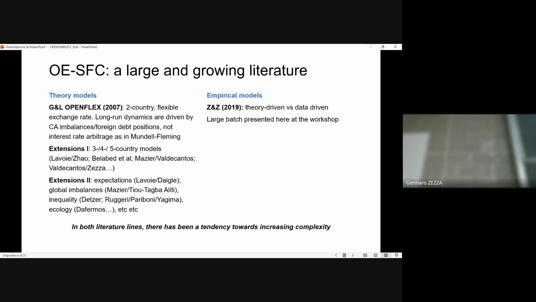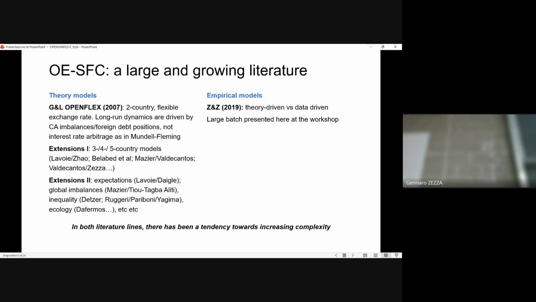Because we have seen that there is a very large increase in complexity in the stock-flow literature, we have just seen George Adam's model, it's becoming very, very complex. Of course, we can answer a lot of questions, but again, it becomes difficult to make it palatable for younger people, who need to enter into this literature.